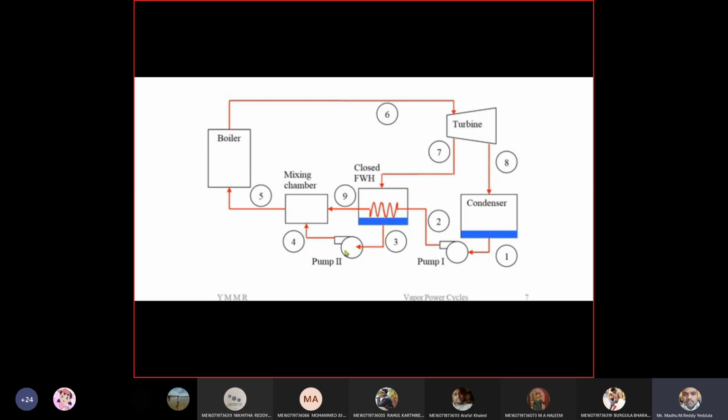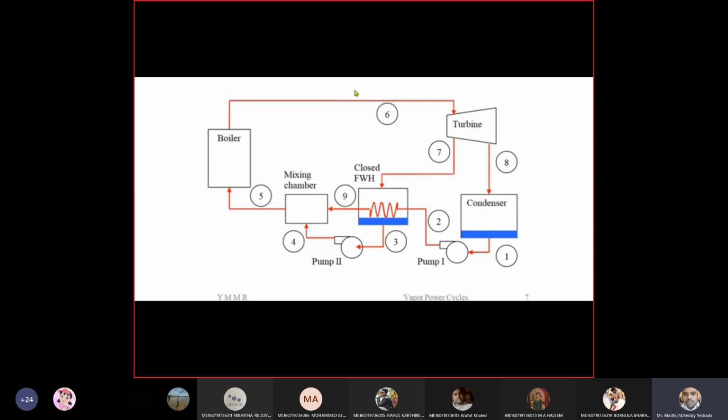And that we are collecting from the pump. The feed water, already heated, is coming here, and the condensed steam is also coming from pump 2. Both we are mixing physically here. Now you can see the temperature of the water leaving the feed water heater is almost equal to the temperature at the exit of the turbine, where we are trapping the steam. There will be some small gap, as only then will heat exchange take place, so both temperatures are almost equal. They are mixing in the mixing chamber, and then the cycle is repeated.